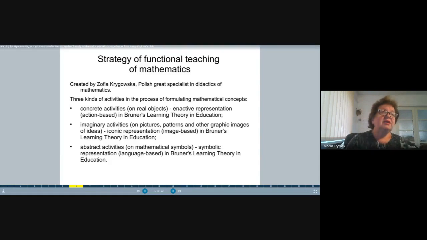And at the end of this whole process, there are abstract activities. We, as teachers, very often start from abstract activities, and this is a mistake, especially with kids who are 10 years old, 11 years old,